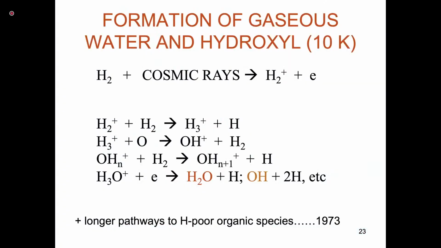Here is a much more complicated series of reactions. These reactions involve ions and neutrals, and I'm showing how water and OH, a radical, can be formed in the gas. It starts with molecular hydrogen, which gets bopped by one of these high-energy cosmic rays, and an electron comes off to make H2+, an ion of hydrogen. H2+ reacts with H2, makes H3+, and H3+ can react with oxygen,